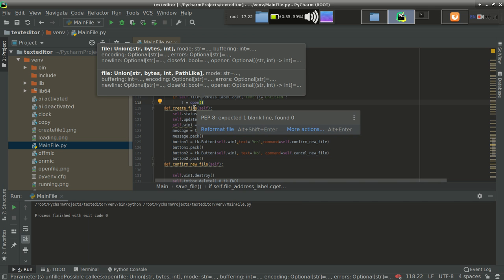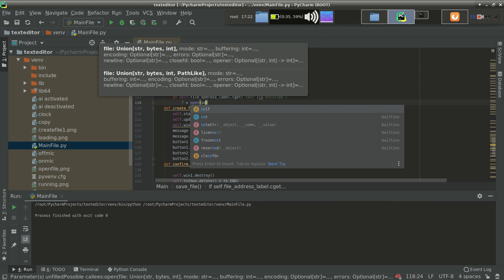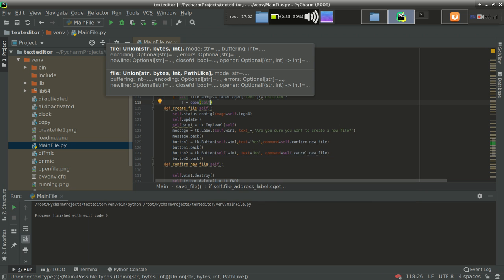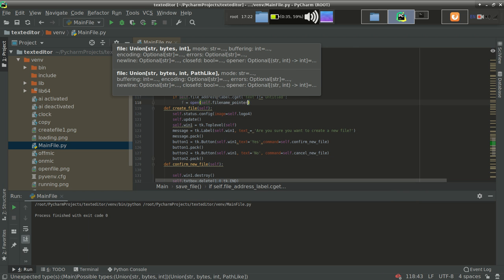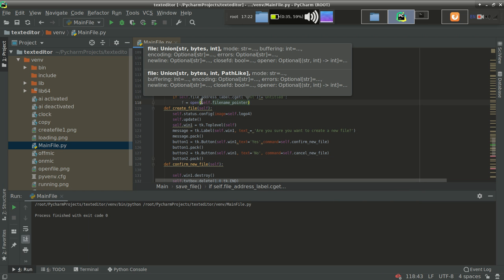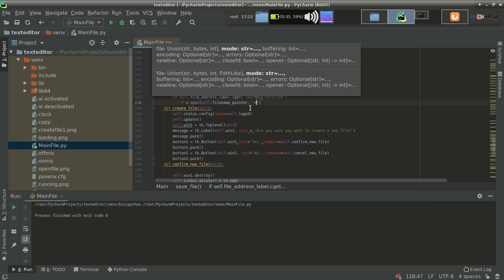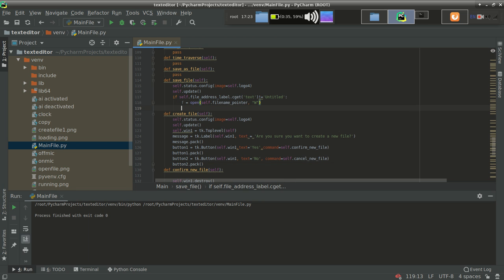But we made another variable also, which was carrying the same value, and that variable was self.file_name_pointer, if you remember. So let's use that self.file_name_pointer. It will return me the name of the file, and I am opening this file in write mode, because I want to write the file. I am using it just for saving.